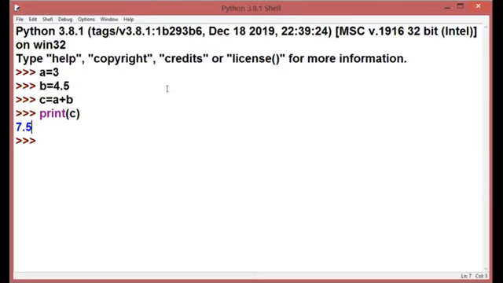So float is bigger than integer, and Python always supports the biggest data type in the expression. So according to my expression A plus B, A is integer type, B is type float. So it is supporting B variable's data type and providing the result in float.